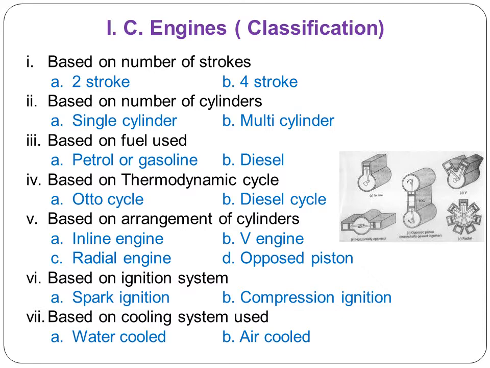Then you can categorize these engines based on the fuel which is used as petrol engine or diesel engine. Petrol is also called as a gasoline. You can also use CNG, LPG in petrol engines. So these are the two categories based on the fuel which is used. Then you can have a thermodynamic cycle as a Otto cycle or diesel cycle. So Otto cycle is used in case of petrol engines and diesel cycle in case of diesel engines. Similarly, you can have different arrangements of cylinders. One is inline arrangement, in which,